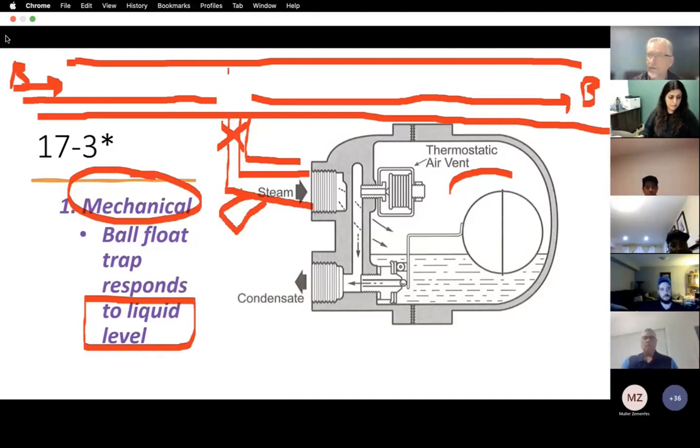Condenses into water. No, there's going to be a little bit of water. Always going to be a little bit of water. Okay? So a little bit of water will find the lowest point, and we'll go down the line into the steam trap. And at some point,